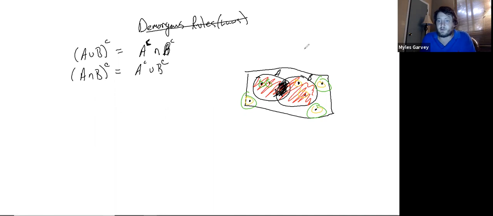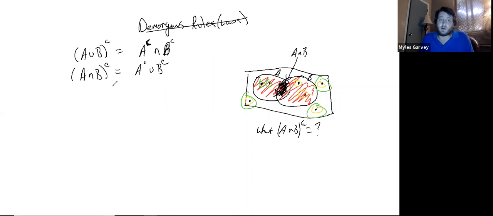It is the intersection between A and B. The question is, what is the complement of the intersection of A and B? Well, again, look at it visually. I'll let you do this as an exercise for yourself. But when you look at this visually, you may notice that you get the same thing that's on the right-hand